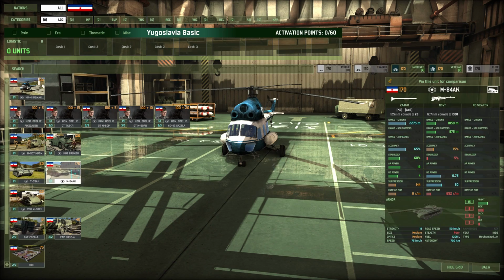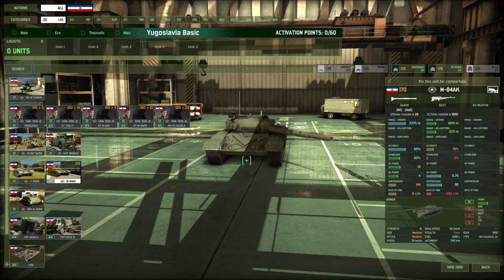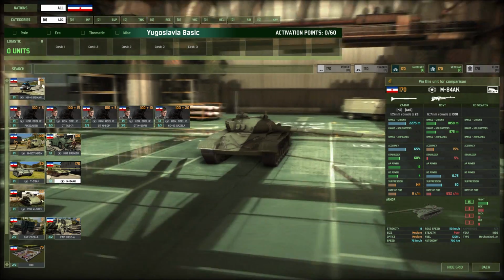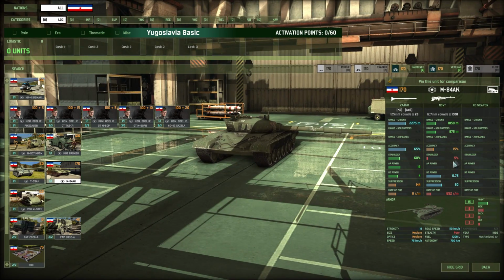So what we're going to do is definitely grab this M84 command tank here, because this thing's nuts. This is awesome. This is almost very close to on par with the T80K, or whatever, how you pronounce that, for the Russian command tank. Very strong tank, 19 AP, 15 frontal armor. A bit of a glass cannon, but still very strong,